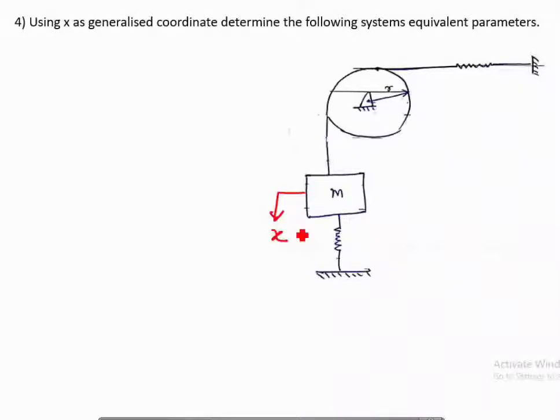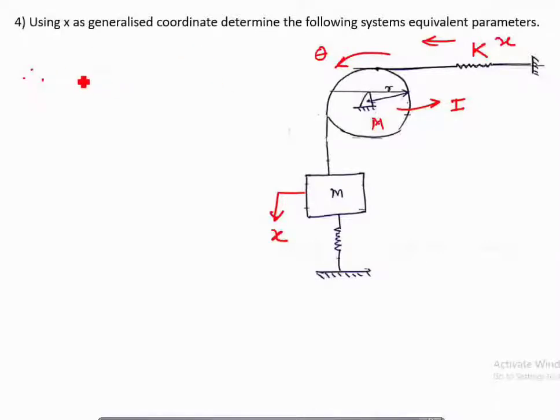Let us say x is the small displacement given to the small mass n, and this capital M, the pulley, is rotated by a small angle theta. Let us say I is the mass moment of inertia and k is the stiffness of the spring. Now the spring is connected to mass n, and the displacement of mass n is x, so the displacement of the spring will also be x. Okay, now it is very easy to solve this type of problem.